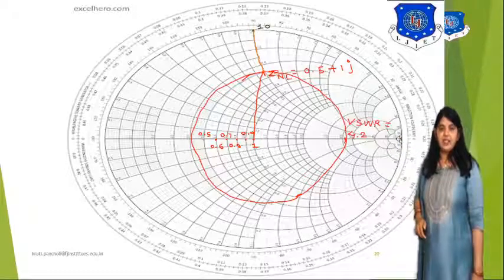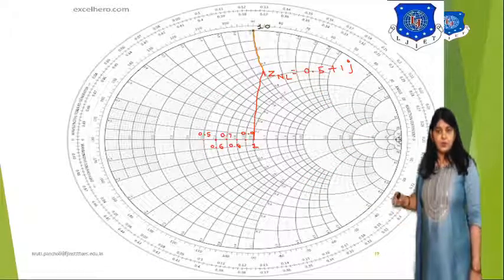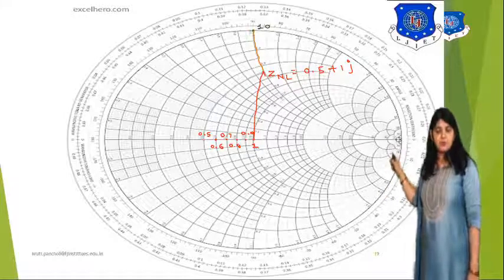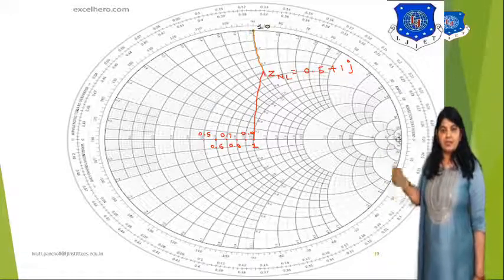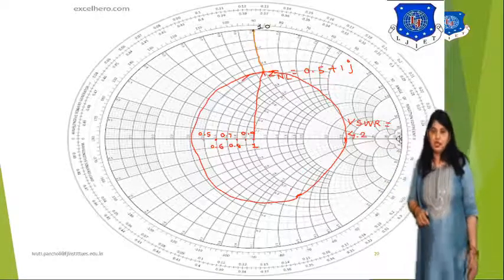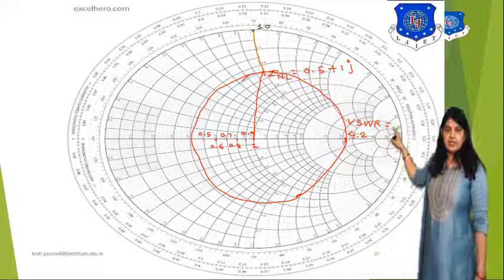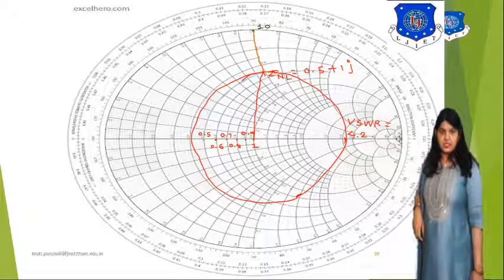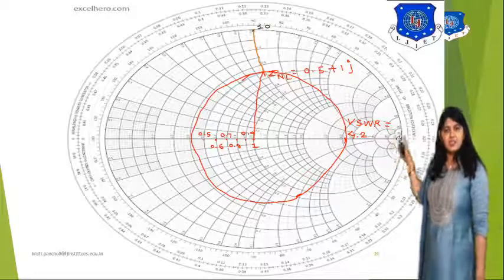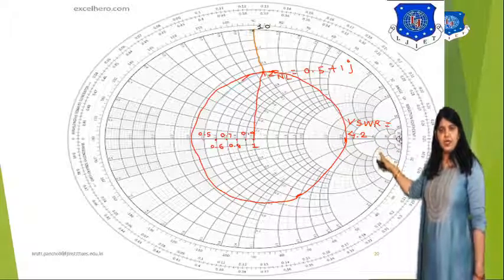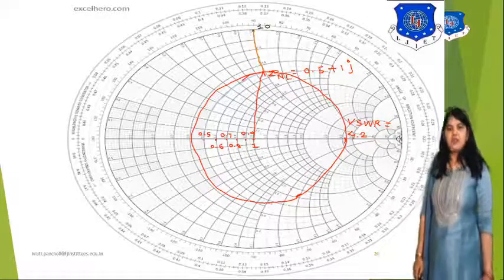Now we want to find the VSWR value. To find the VSWR value, you need to draw the line from the R is equal to 1 point to the normalized value. So here you can see the red line. Now you have to take the length of that red line, from R is equal to 1 to the ZNL point, and draw the circle. Now this circle touches the resistance circle. So wherever this circle touches, that is the VSWR value.